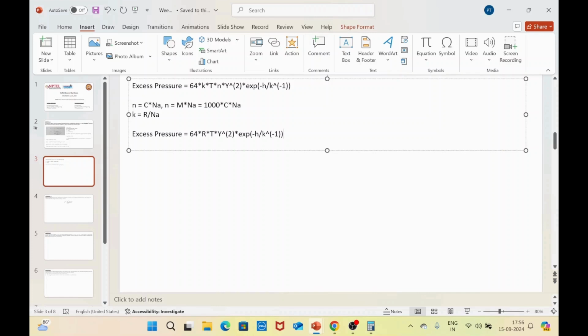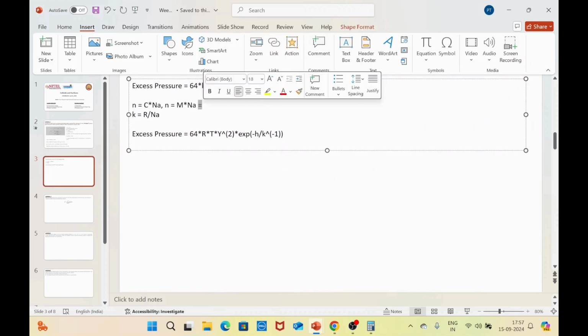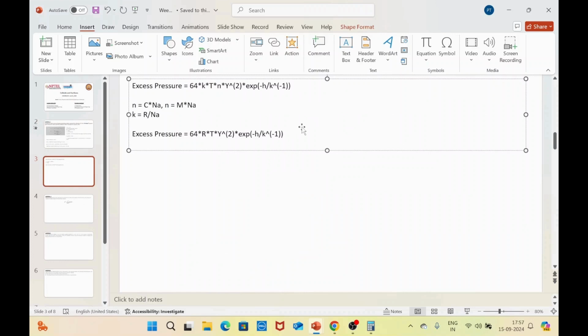Boltzmann's constant is nothing but the universal gas constant by Avogadro number, and this N is nothing but the concentration of the electrolyte ions times Avogadro number. This 1000 will come if your concentration was in terms of mole per liter, but here we have it in terms of mole per meter cube. So here we just need to substitute,